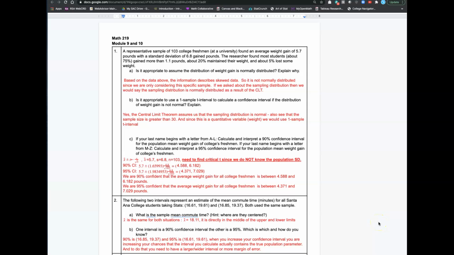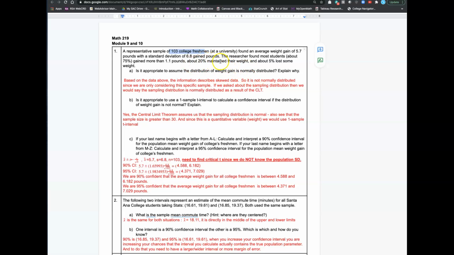Okay, let's take a look at some important ideas from the challenge problems from Unit 3, considering Module 9, 10, and 11. So I'm going to talk through some of the important ideas here. So in this first situation, we're talking about a sample that was collected. And since we're talking about a sample of 103, and we're not considering the sampling distribution, right? Just this description here is a